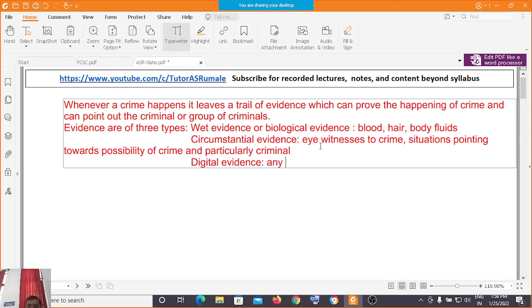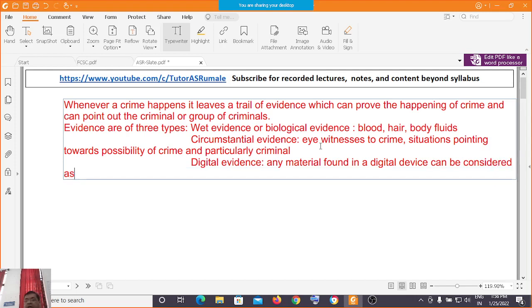Any information or material found in a digital device can be considered digital evidence